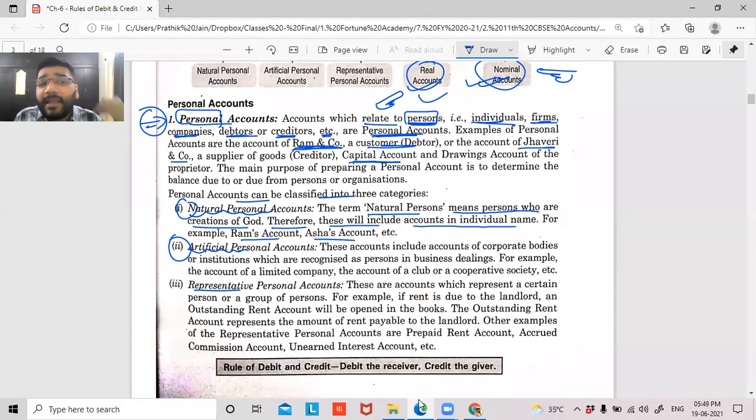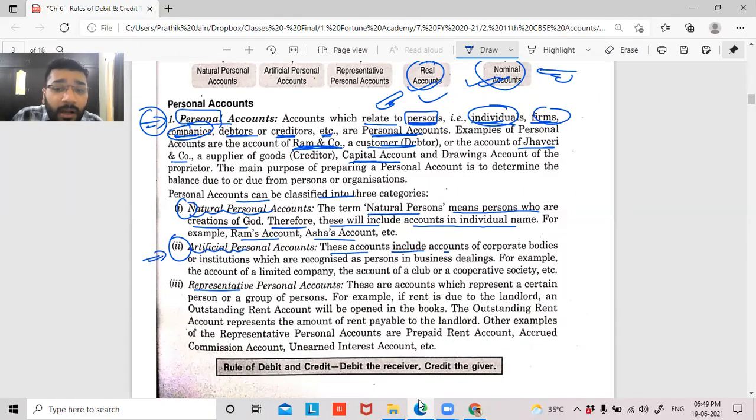Now, it is not necessary that I'll sell all the goods or purchase goods only from a natural person. Guys, we purchase from the artificial person. Who are the artificial persons? Sole proprietorship concerns, firms, companies, LLPs, HUF, etc. All these are artificial persons. Why are we calling them persons? Because law said that you are a person, but you're an artificial person. So if I'm buying from, let's suppose, Reliance Limited, Reliance Limited is a company. That is an artificial person. So you will categorize it under this artificial personal account.